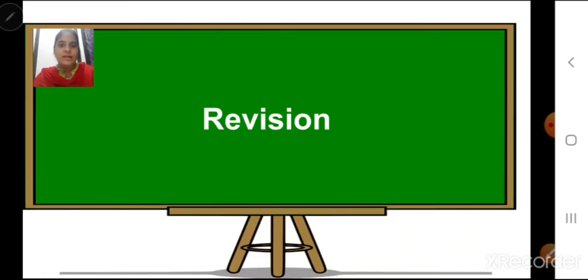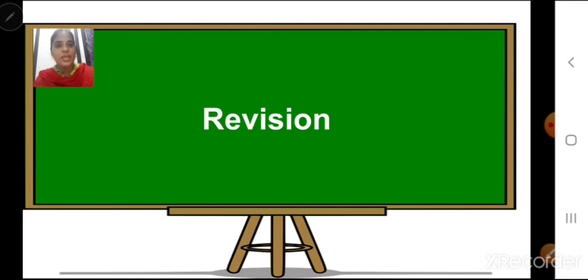Children, in our part 1 revision we discussed chapter number 1, numbers beyond 999, and I also mentioned that for your exams only MCQ type questions, that is multiple choice questions, will come, right? Before sitting for the exam, you have to keep a rough notebook, pencil, and eraser ready with you, and you have to click only on the correct options. Children, there is no need of typing at all. We have to only click on the correct option.